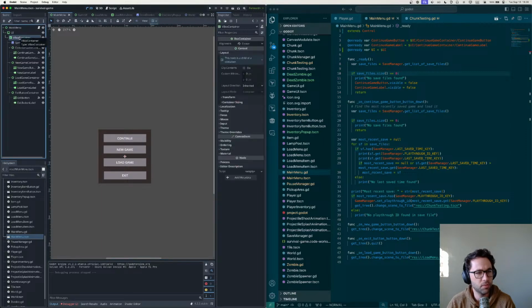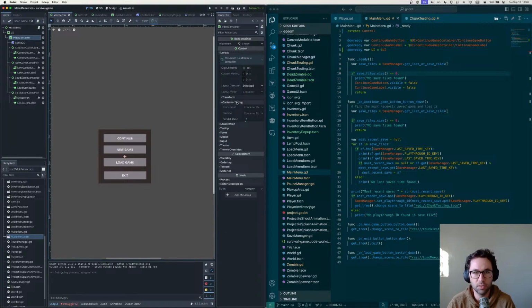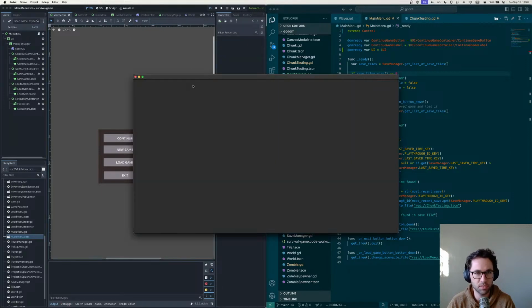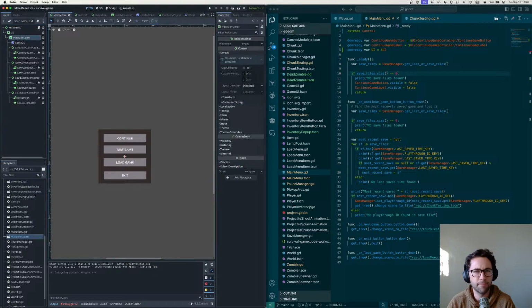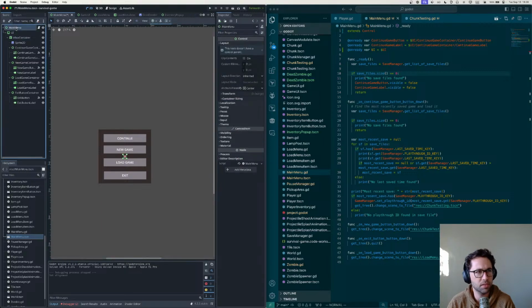Now, what I'm not understanding is why the VBox container is controlling horizontal spacing too. So the box container's alignment is center. If I put it at begin, does that put it at the top? That doesn't do anything. So that's not controlling anything. It seems like the main menu control node, the parent control node, is what's controlling